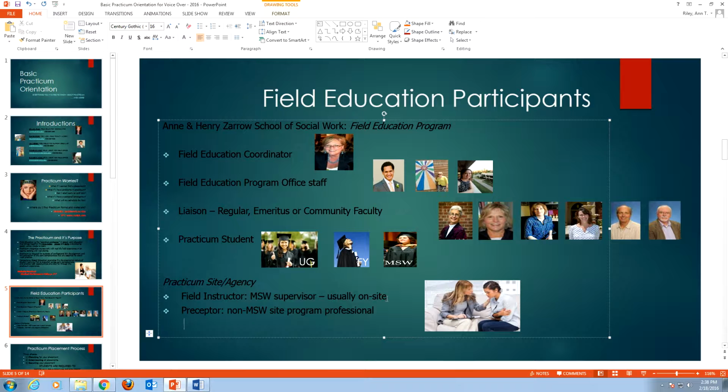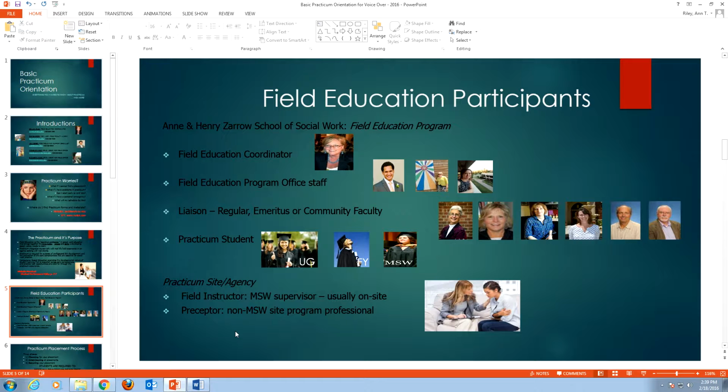Sometimes they might be what we call off site. So if an agency is doing great work, we feel like a student could really learn from the populations they work with and the services that they provide, but they don't happen to have a degreed social worker there, that is one situation where we'll bring in what we call a preceptor. The preceptor is typically not a degreed social worker. They may have some other professional degree. They could be, in fact, a program director, let's say. So the student might be involved with that agency, and their go-to daily task supervisor or preceptor would be perhaps the program director or another professional who knows those services well.